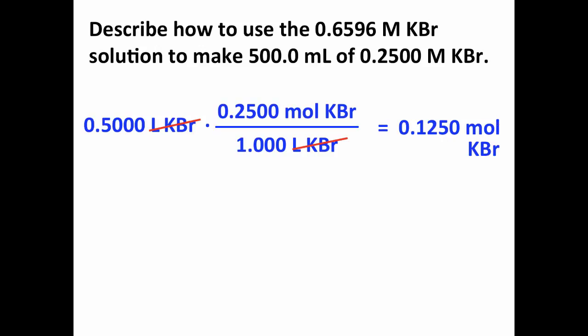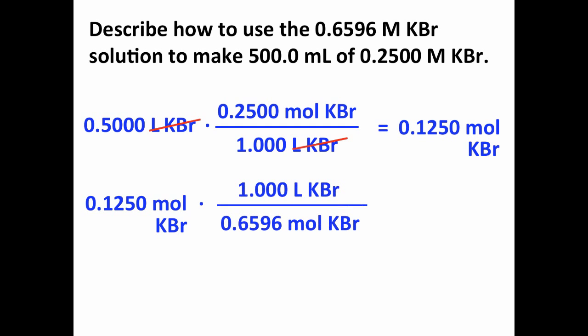Now, where are we going to get that 0.1250 moles of KBr? Well, we'll get it, of course, from the more concentrated solution. And so what we do is we say, well, we need 0.125 moles of KBr. The more concentrated solution has 0.6596 moles of KBr per 1 liter of solution. So we can use the molarity value as a conversion factor. It's kind of upside down in a sense because we want to cancel out moles and we want to get liters. And when we do this calculation, we find that we need 0.1895 liters of this more concentrated 0.6596 molar